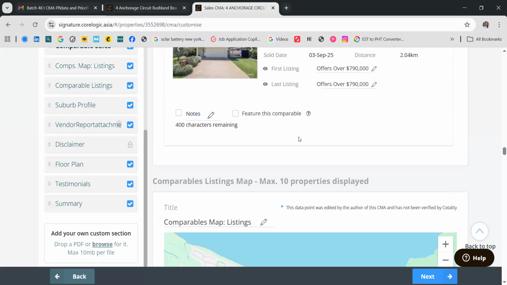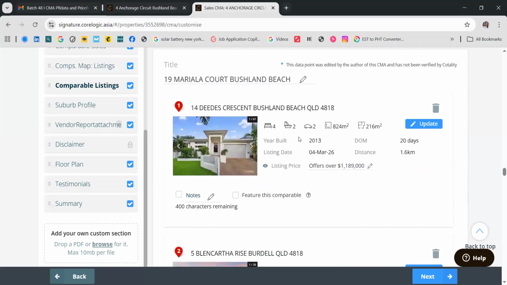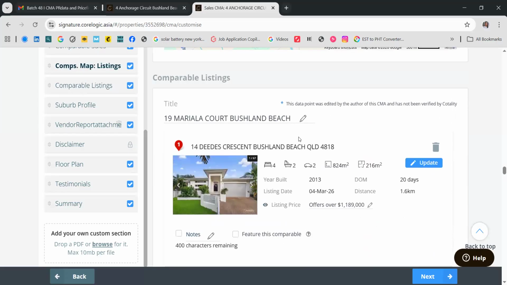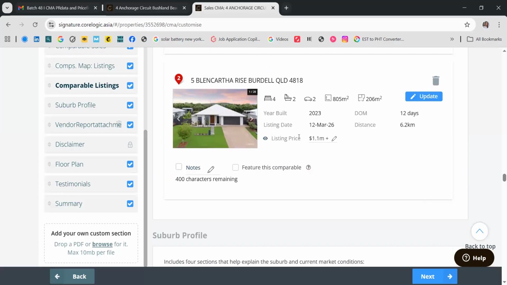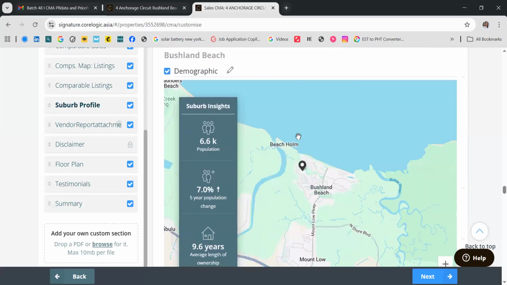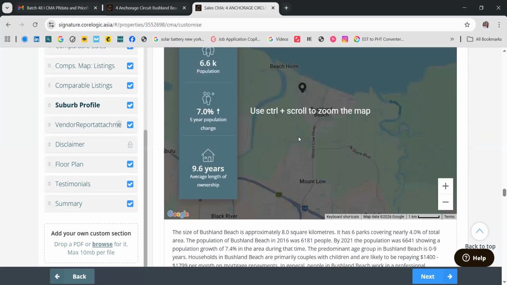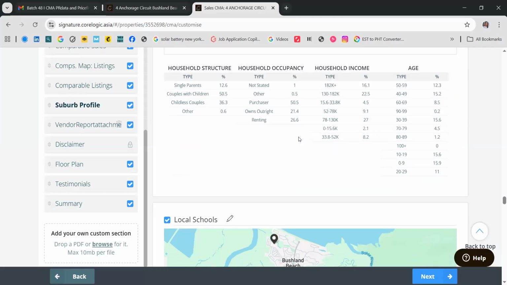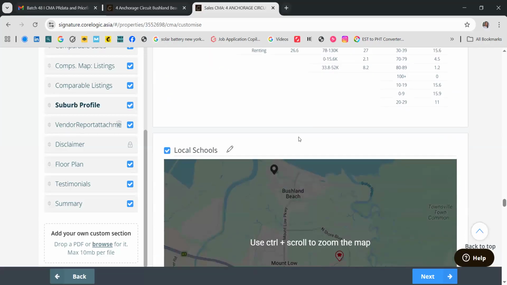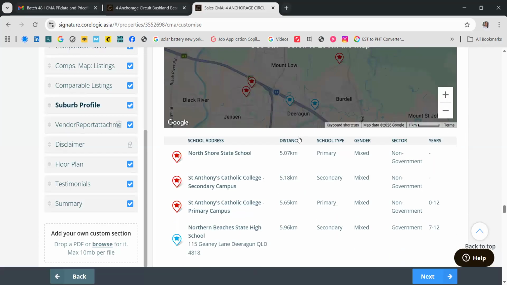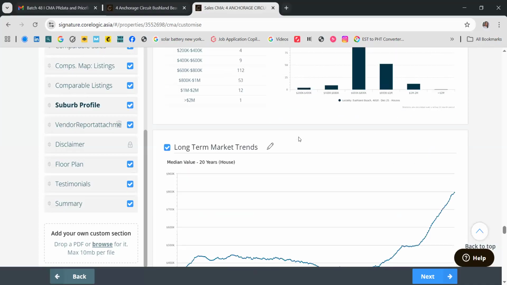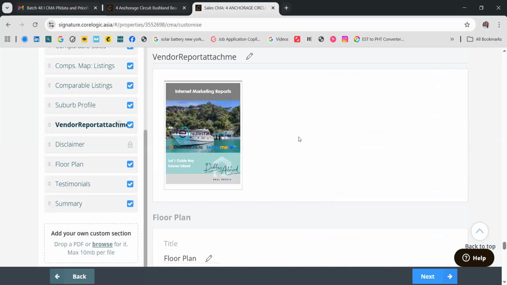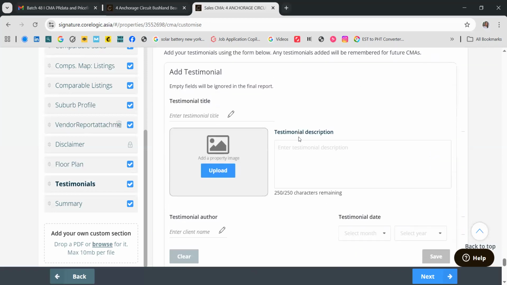Here are the three properties, and this is for the comparable listings. The demographics, the household structures. You can also see the local schools near the area of the property. Now, if you're good with that, you can click next.